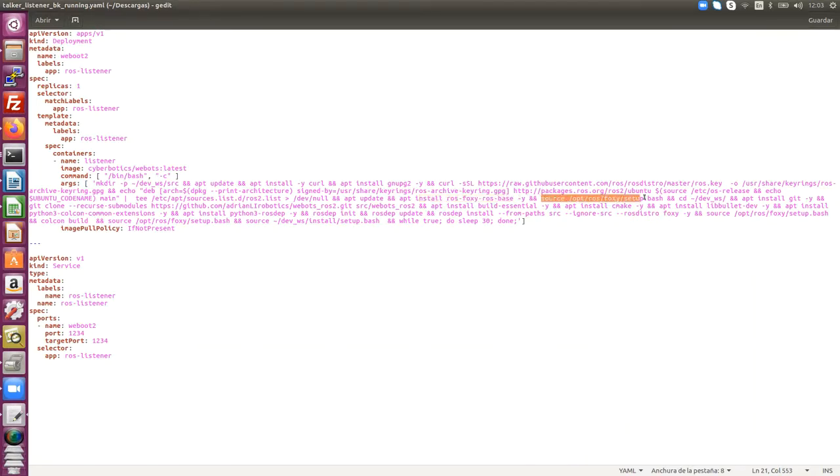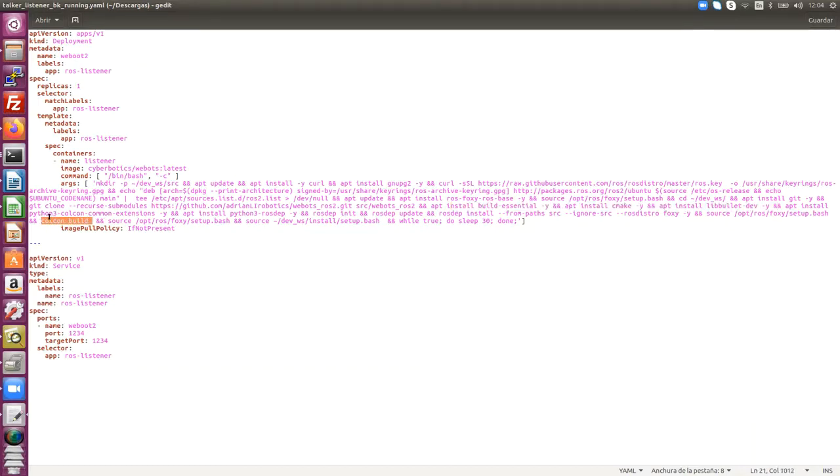Okay, we source the system, and then we also download the Webots ROS2 interface. So here is the actual command: git clone. You may notice that this is not the official Webots account. I will briefly talk later on about this, but basically I modified the package for Webots 2 to work properly. So this is just a fork from my own Git repository. We are downloading this, and we are